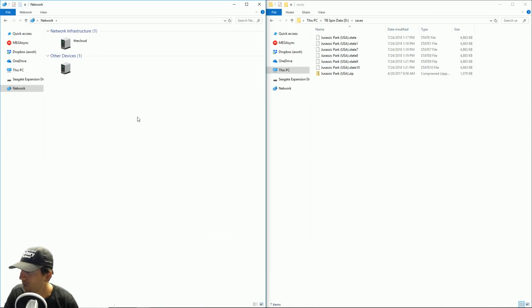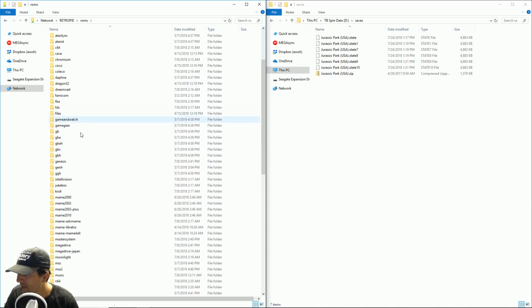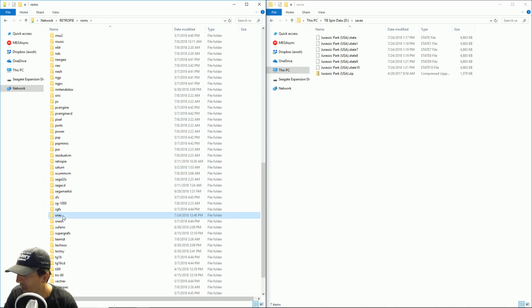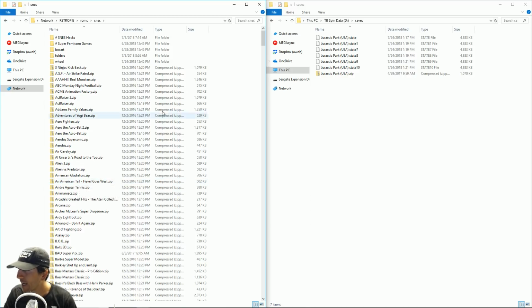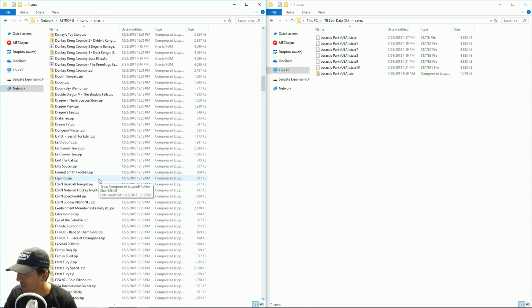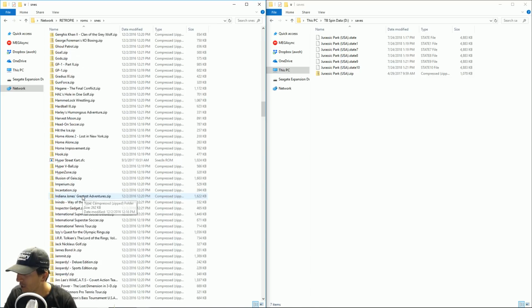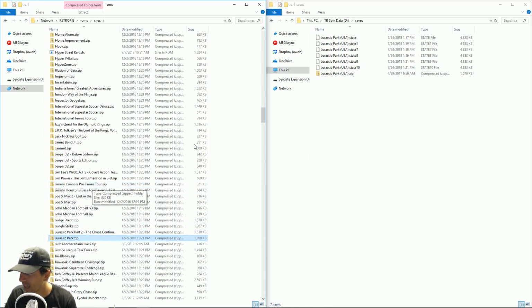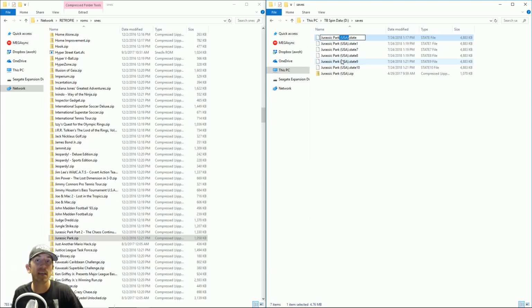All right, so I'm going to go ahead and just hit refresh really quick, and there we are at ROMs. And here we are, we're in the image, same thing, SNES. All right, and here you can see under Jurassic Park, there's no save states. And you can see that this one does not say USA on it, which is where you're going to run into some issues. If I was to transfer over this ROM, I either need to change the names of the save states and delete the USA and have these save states match the ROM